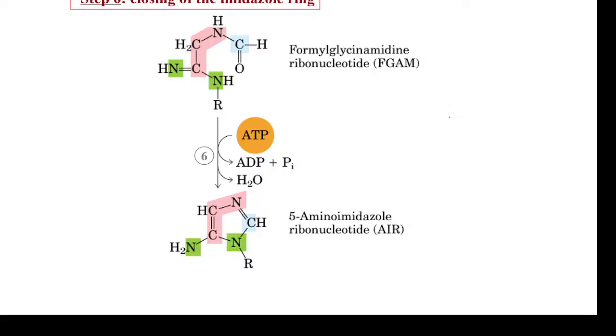So further, this FGAM is converted to 5-aminoimidazole ribonucleotide. That is, it will undergo cyclization. Again, this also requires ATP, and this is catalyzed by AIR synthetase. Okay, so here there is loss of water molecule. So here this OH and H is released in the form of water, and this undergoes cyclization to form imidazole